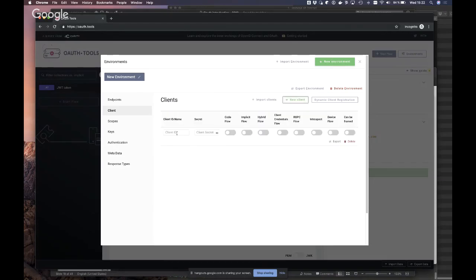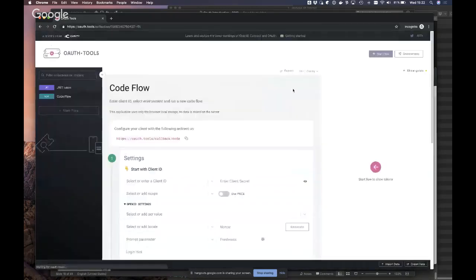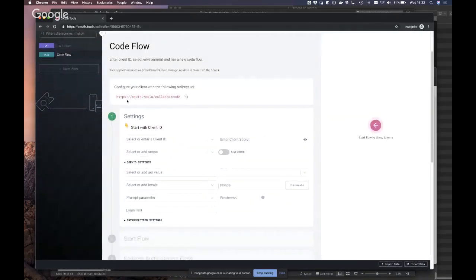So I'll add a client here, one that I've configured. We say this client can do these things. It can be framed. I'm going to name this environment my security installation, and save it. Now let's start a flow. I can click Start Flow here and do a code flow, which is the one we just saw. We can see OAuth Tools has this callback URL, which means I need to configure that in my client, just like we saw